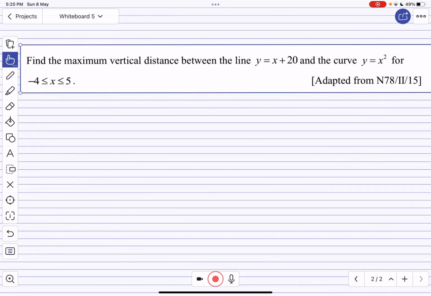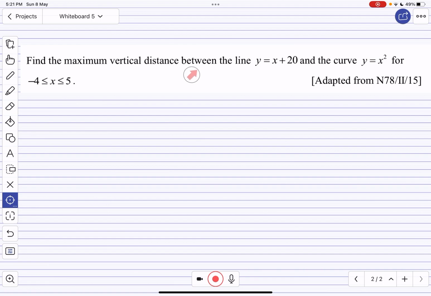So for this question, we are supposed to find the maximum vertical distance between the line and the curve for x more than or equal to -4 and less than or equal to 5. So in this domain, we want to check the vertical distance between the two functions. If you were to draw them out, you can see that